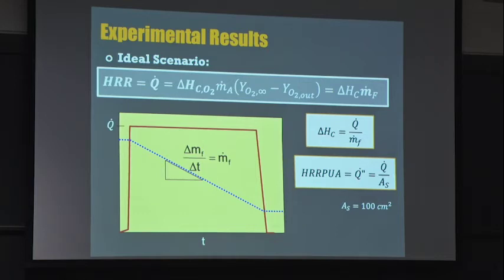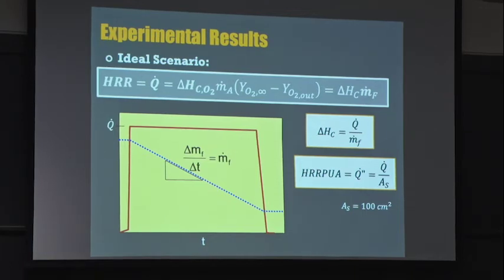Okay? So if you want to get the heat of combustion, you divide the heat release rate by the burning rate, and that gives you the heat of combustion. So you can play around with the whole thing, but this one is actually a circular calculation, no? Because you assume complete combustion to calculate complete combustion. Makes no sense, okay? But anyway,